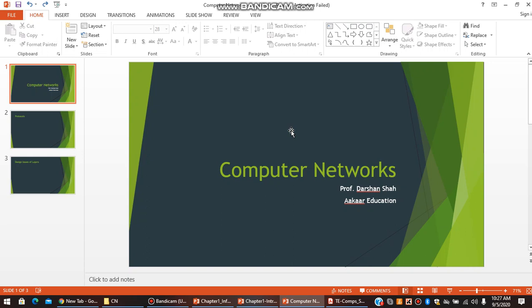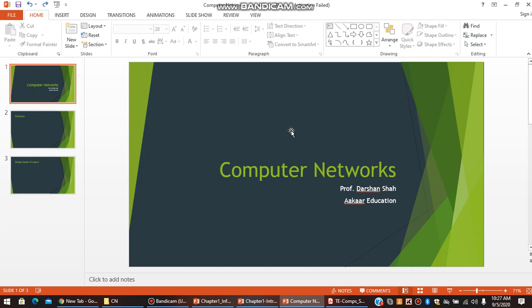So in computer networks we are going to learn in two different ways. One would be the theoretical approach and second would be the practical approach. In the theoretical approach we are going to understand the theory behind OSI layers and the different layers, physical layer, networking layer, and what are the different protocols, what are the different mechanisms. But in practical we are going to actually implement all these things using a couple of softwares and also in